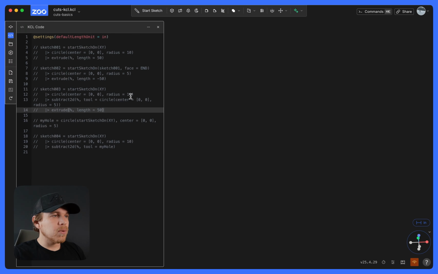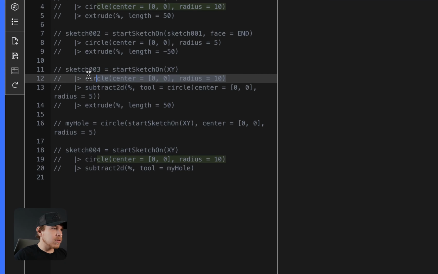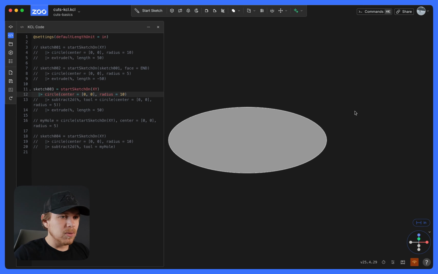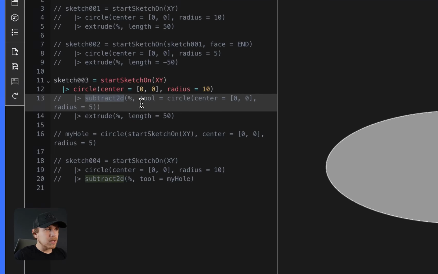So for sketch 3, now we're going to do both at the same time. So we're going to create the 10-inch radius. We're also going to create the 5-inch radius circle, and then we're going to make that a hole by doing subtract 2D, is what we call it. So first, let me start off with just this part where you can see our circle. So that's our 10-inch circle. Now we're going to do subtract 2D, and with subtract 2D, it takes in a sketch, which this percent symbol